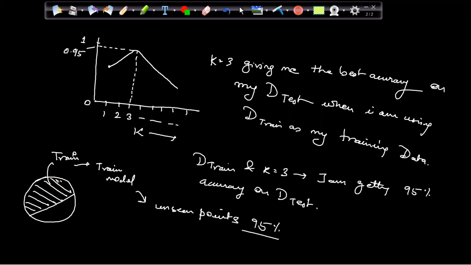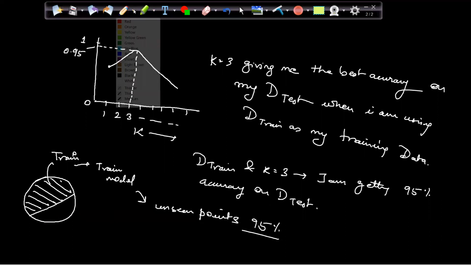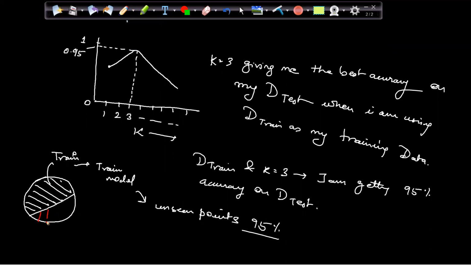But here what's happening? I am using the train data to train the model and I am checking the accuracy with the test data. That means this test data is no longer unseen data. The model already saw the data because I created the model on the train data. So this train data is helping me to decide the model, that is, how many nearest neighbors, and this test data is helping me to check the accuracy of the model.